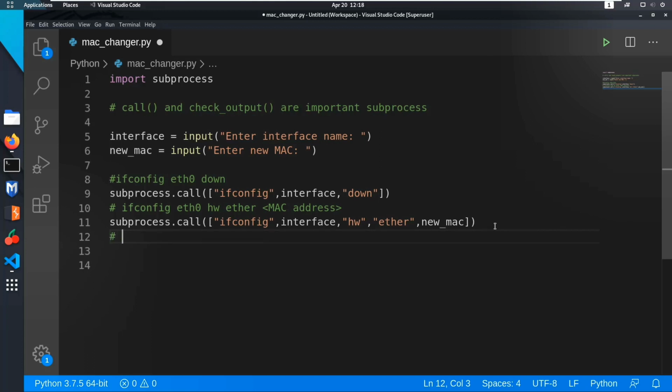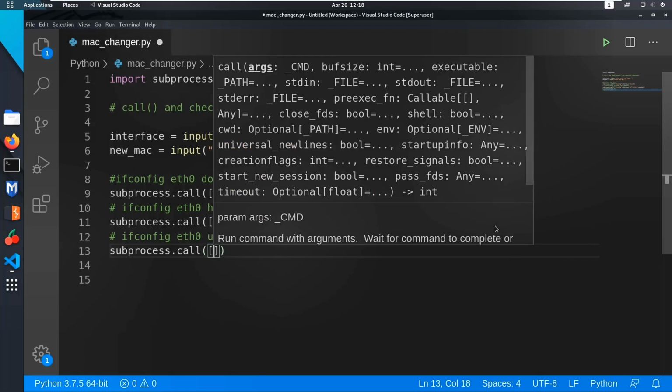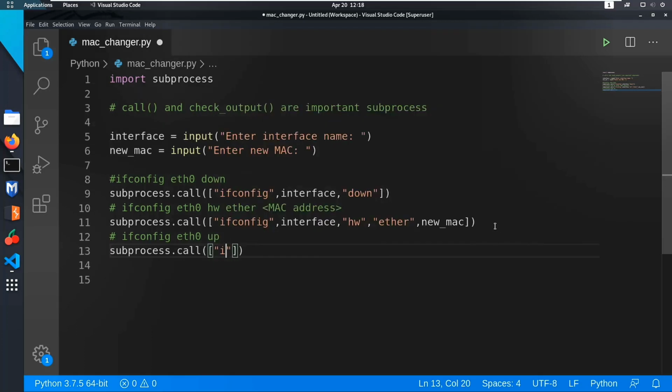And the third command, absolutely, we need to make the interface working. So the command is ifconfig eth0 up, right? Let's implement this. The first one is subprocess.call, and ifconfig.